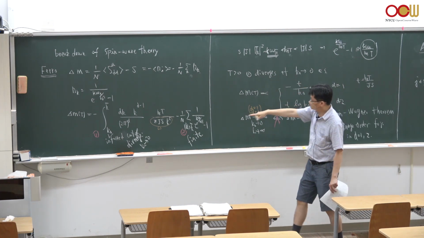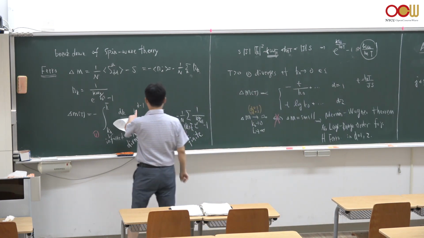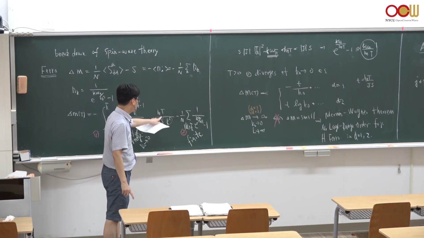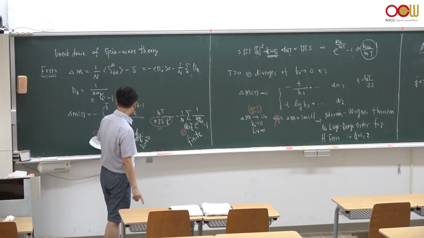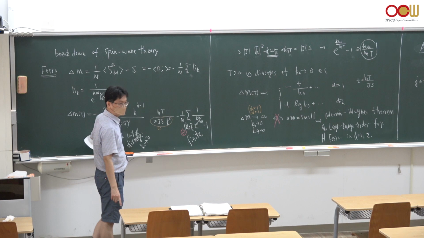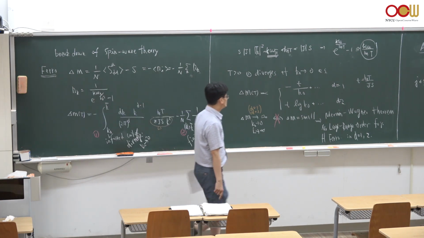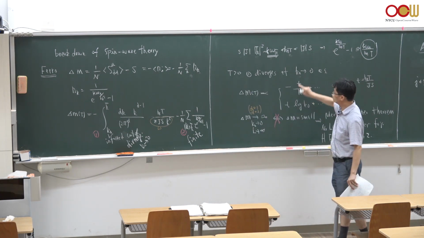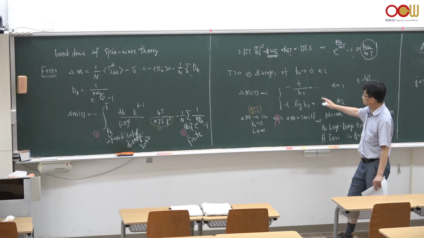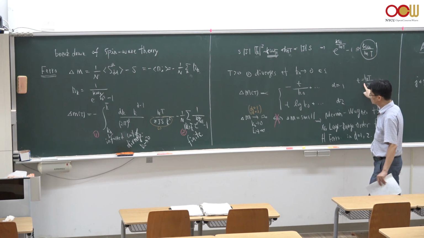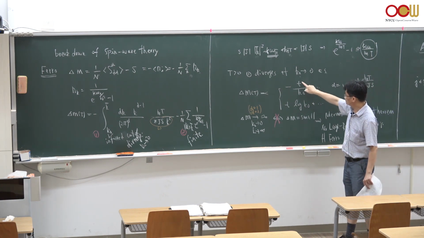We plug in this Taylor expansion, and in one dimension, this is k to the power of d minus 1, where d is 1, and this is just a constant divided by k squared, and integrated from k0, where k0 is from 0 to some finite value. We still keep this k0 as a small lower bound here, but then this delta m depends on the lower bound k0 in this fashion, and also on this dimensionless temperature little t, which is minus